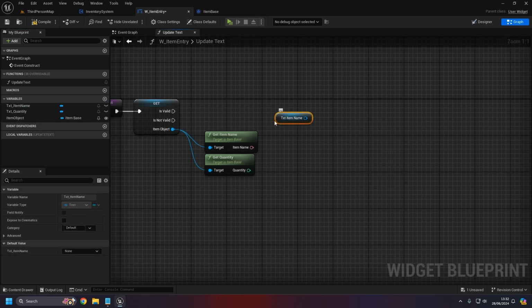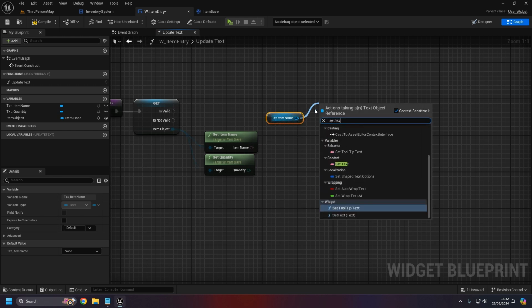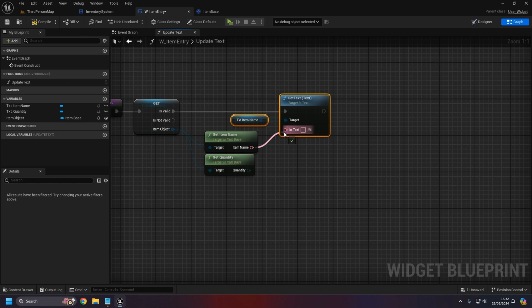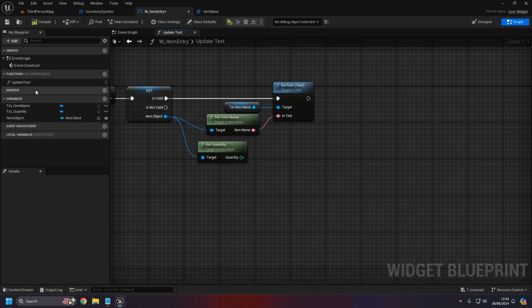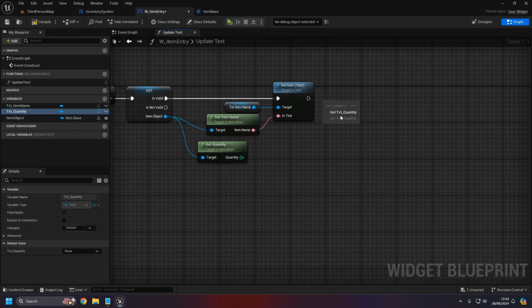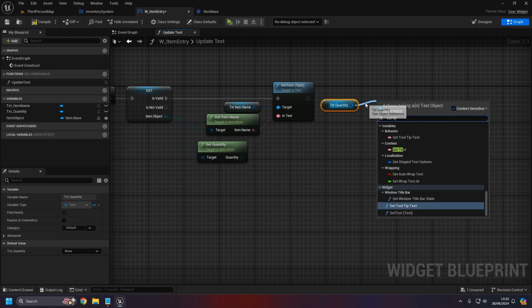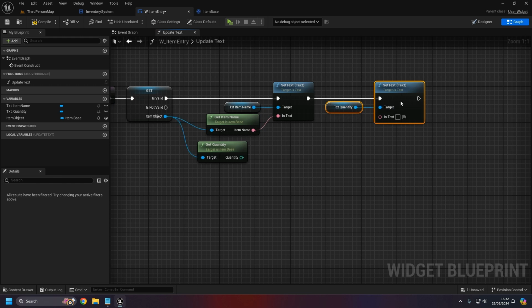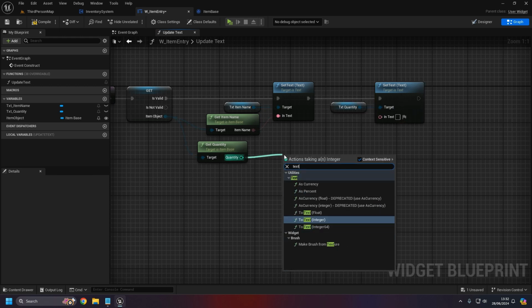So with that done, we can just get the actual text field itself, so the text box, and we can do the set text on that. Connect it to the is valid, and then we'll just connect in the item name. And then for the quantity, we want to do something similar, so set text. And then we can actually do a toText here